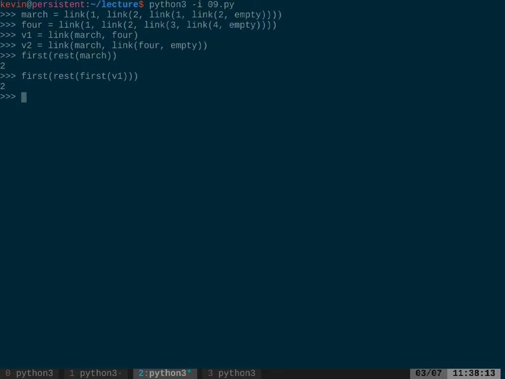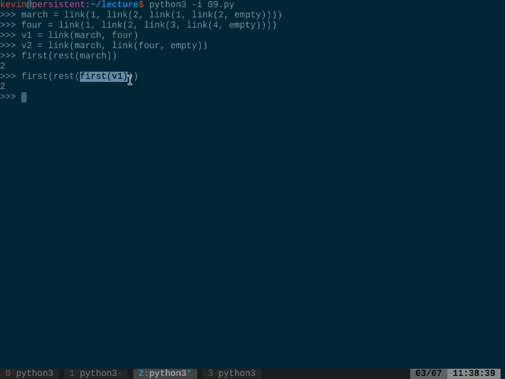Yeah, question? What happens if you were to just type first of v1? Will it say March or... Great question. What's your name? Drew? Drew asked what happens if I type first of v1. Let's see. It shows us the abstraction, what's underneath this. So we'll talk more about what this list represents in the next couple slides. So it's kind of like a hint for what's coming up next. So let me pull up the slides again.